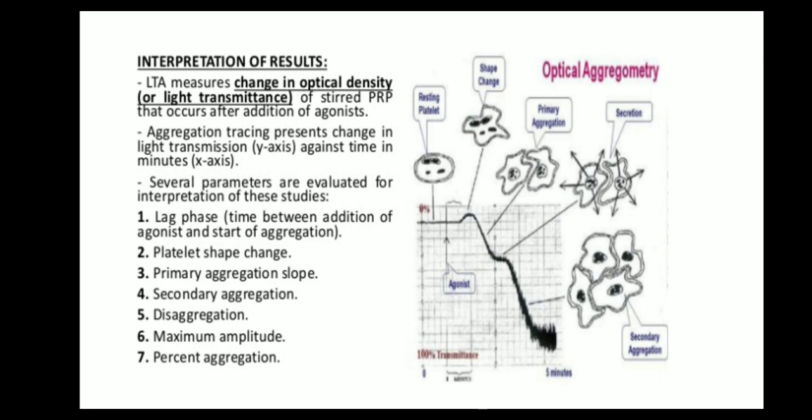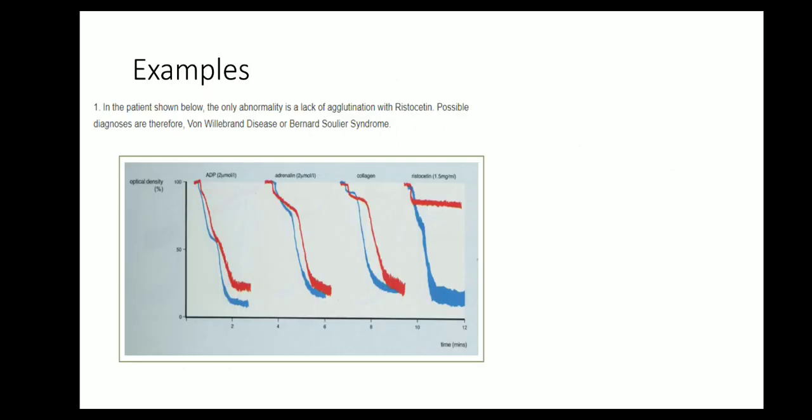So this is the graph showing the platelet function test through light transmission aggregometer. For this I have given an example of Bernard-Soulier disease and Von Willebrand's disease, which are important diseases because of the specific deficiency of the glycoprotein on their surfaces. So here you can see there is lack of agglutination with ristocetin. You can see aggregation has occurred with ADP, then adrenaline and collagen, that is the red line. The blue line is a normal curve, and ristocetin shows no agglutination at all. So this would give us the diagnosis of Von Willebrand disease or Bernard-Soulier syndrome.